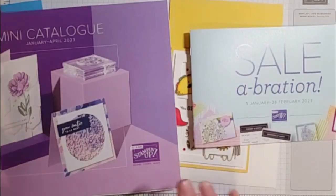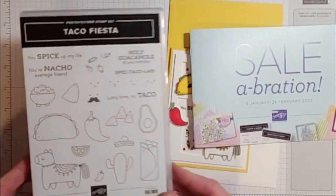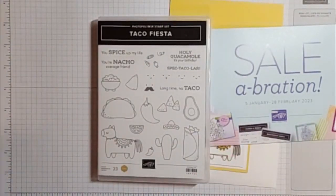So without further ado, I am going to flip the camera down to my desk. Here we go. Okay. And I'm just going to show you the stamps that we're going to be working with. So as I mentioned, it is the Taco Fiesta stamp set. Absolutely adorable. You can find it on page 48,